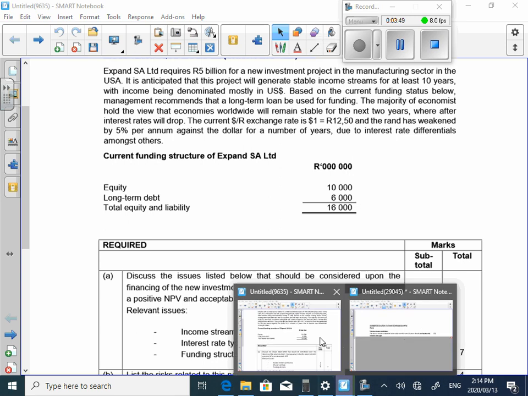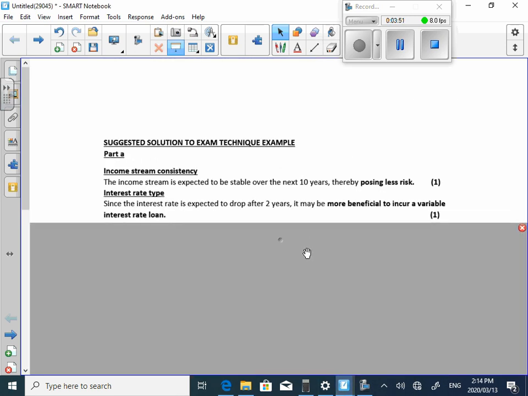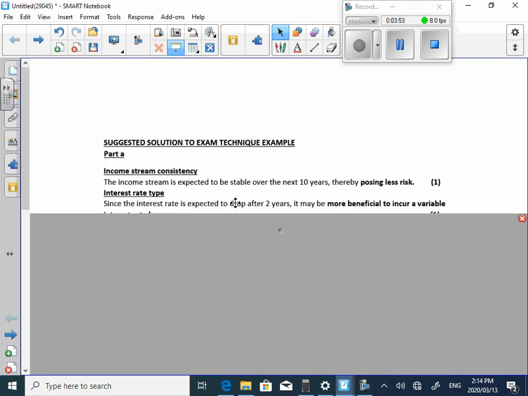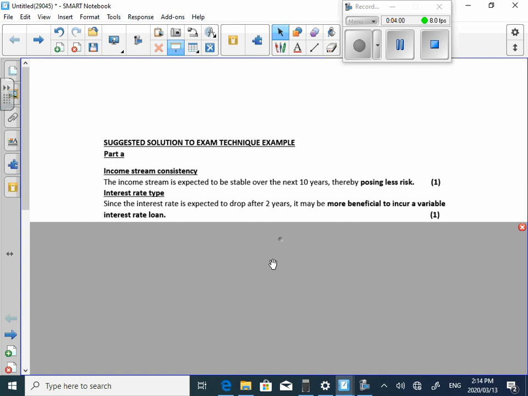So looking at the solution, guys, again, since the interest rate is expected to drop after 2 years, look where the marks are. It's more beneficial to incur a variable interest rate loan. Okay, guys, it's 2 marks. We now need to do something. So what are they asking for? They're asking you to discuss this. So guys,